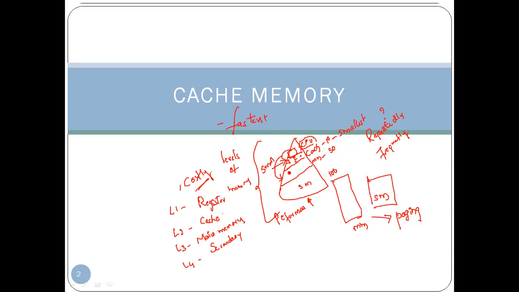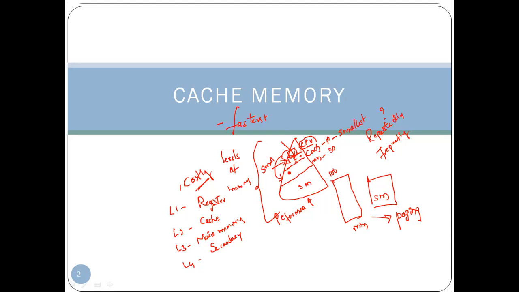So these are the 4 levels of memory: registers placed inside the CPU, then the cache memory level, then the main memory level, and then the secondary memory level. Here we talk about performance. If we make use of a cache, the performance is increased. Why? Because the access time is very, very less with cache memory. Access time is the time taken to fetch the instruction.